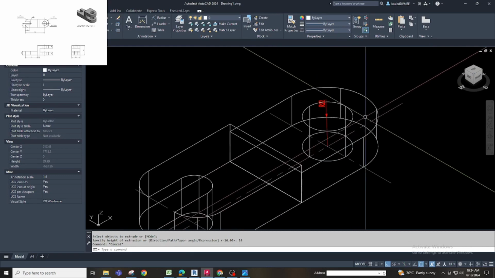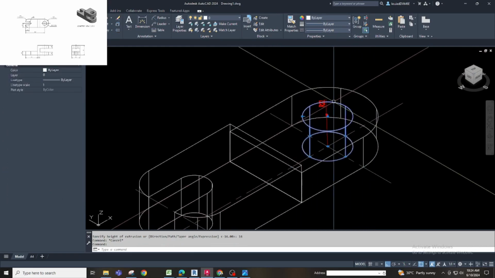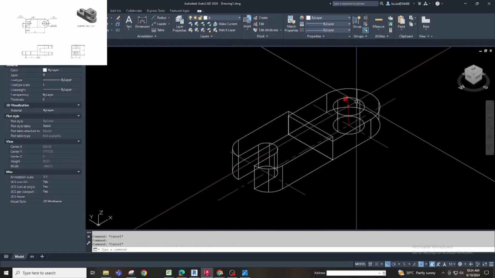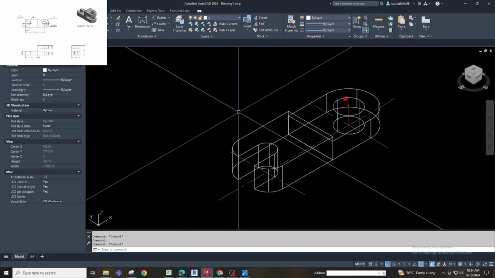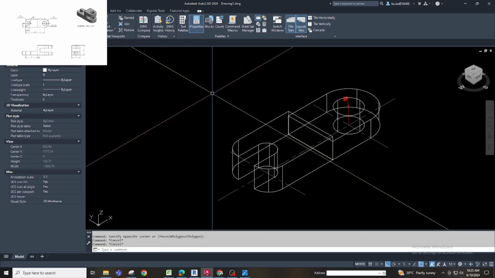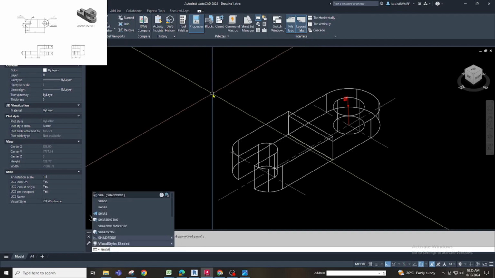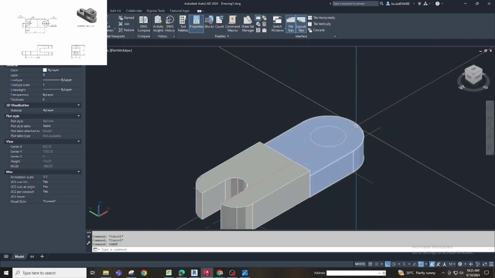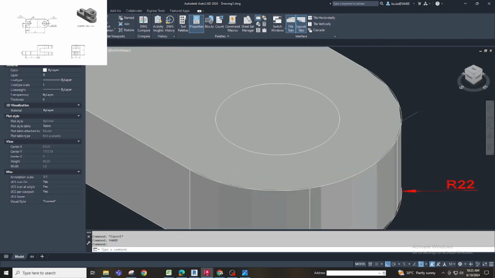If you want this circle to be subtracted here, because when you shade it, this part is not subtracted from the main solid, so it is not a hole.